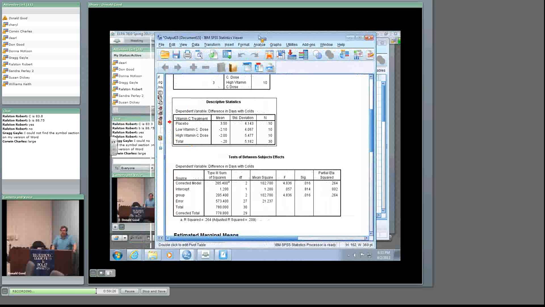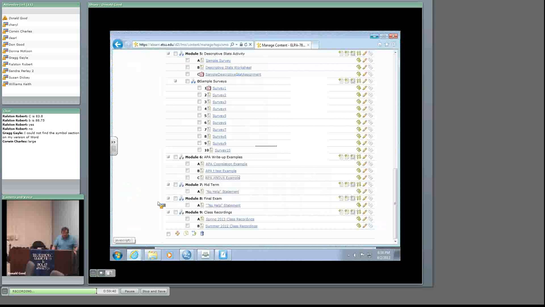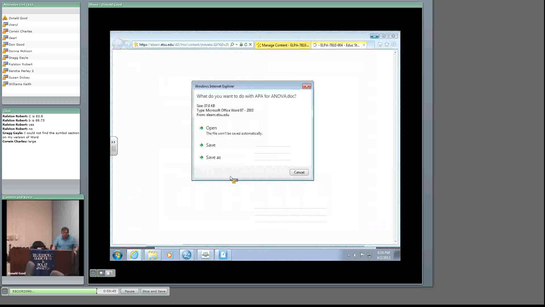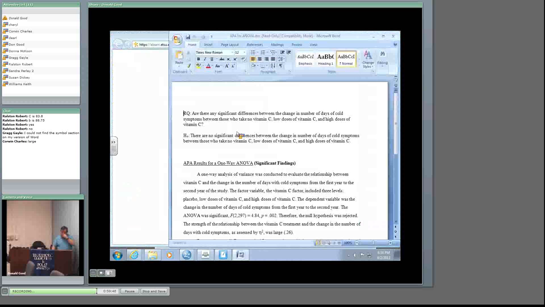Okay, well, what I was going to say is, let's go ahead and look at the APA write-up for now, and if we have time, we'll go back and do an example, or let you do an example, or if not, we may save it till the next time. Let me see if I can find the APA write-up example. I thought I had this called up, but I didn't. The reason I want to go to this is because this is based on the example we just did, so while this is in our minds,